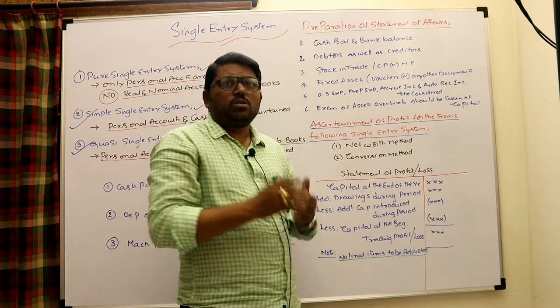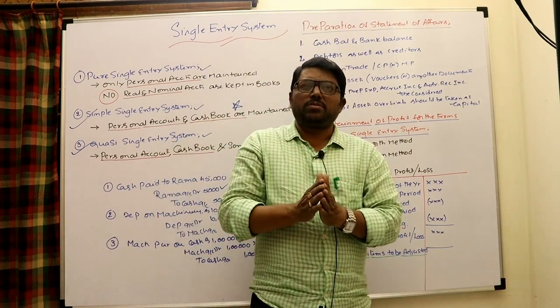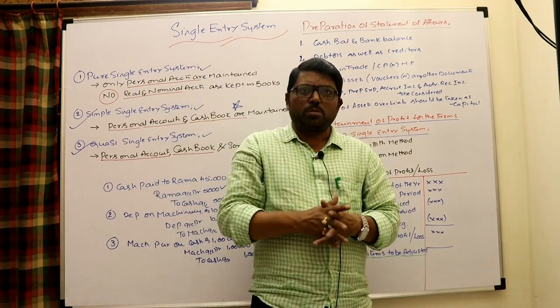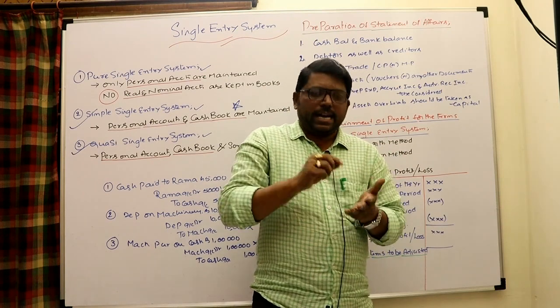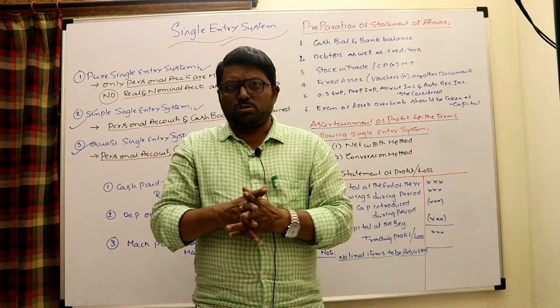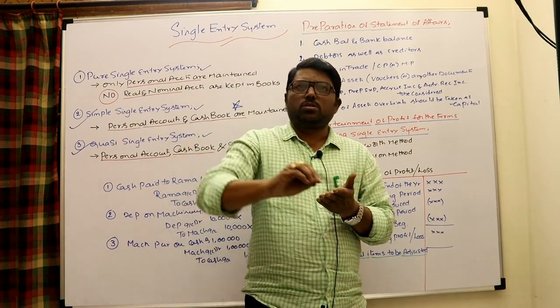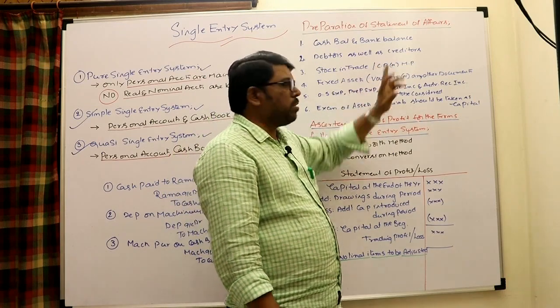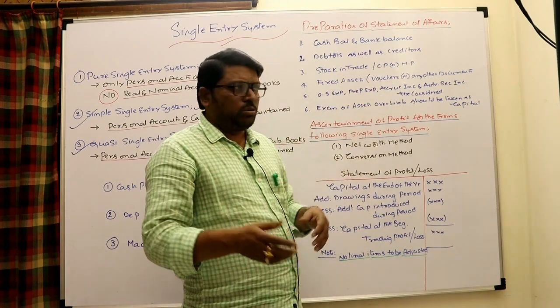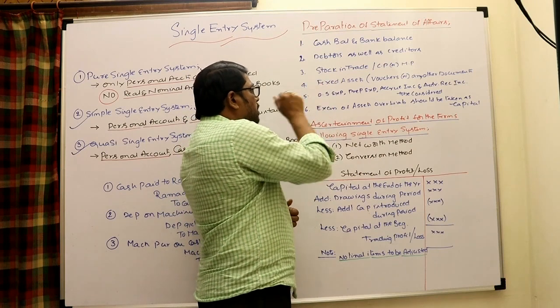Stock in trade. How can stock in trade be known? At the end of the period, when you would like to know the closing stock, please stop the business operations for a day, purchase and sales, and take the counting of all the goods units left with you, which is taken as the closing stock. And of course, you know that it should always be at cost or market price or NRV, whichever is lower, and you may follow that principle.